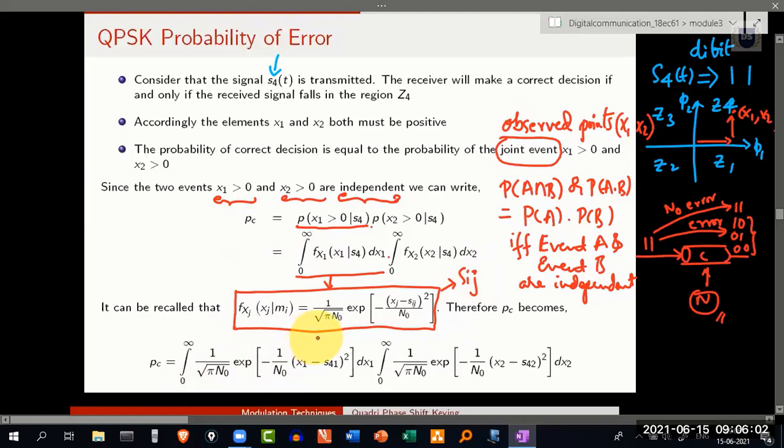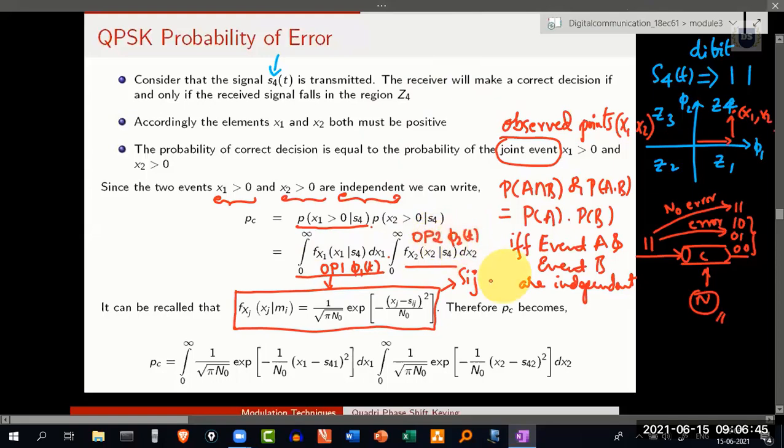Over here, because right now we are discussing observed point one, this is our observed point one. It is associated with basis function phi 1 of t. And likewise, this is observed point 2. In order to indicate the observed point, I am just using OP, where OP represents observed point 2. So it's associated with basis function phi 2 of t.